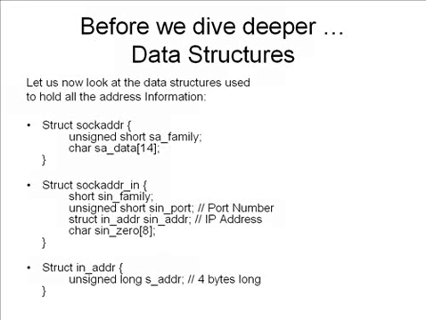So before we dive deeper, let's look at data structures. Now almost the whole of network programming just consists of these three data structures. Now when we said that we require a unique address for both the endpoints of communication to talk to each other, in the world of the internet, what that translates to is an IP address and a port number. So there has to be some way by which our program will tell the operating system that we want to bind to this particular port number of this IP address.